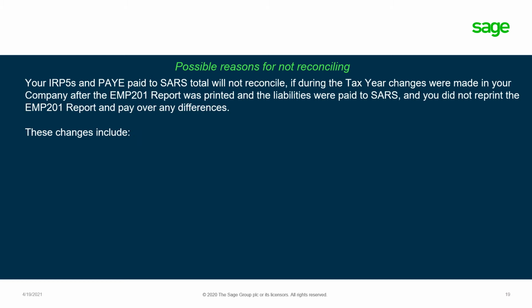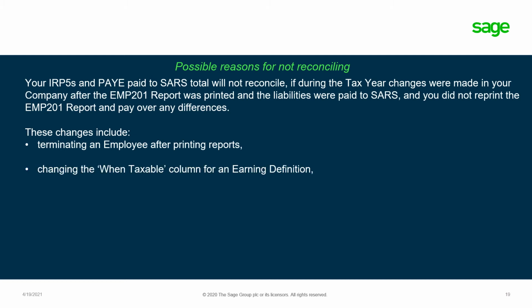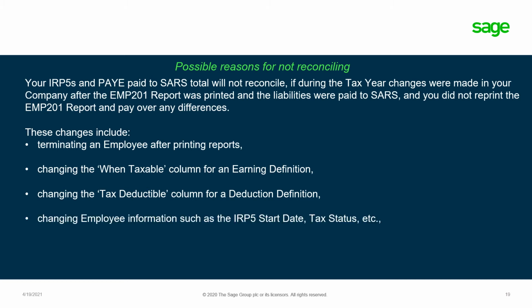These changes include terminating an employee after printing reports, changing the when taxable column on an earning definition, changing the tax deductibility column for a deduction definition, changing employee information such as an IRP5 start date or a tax status,